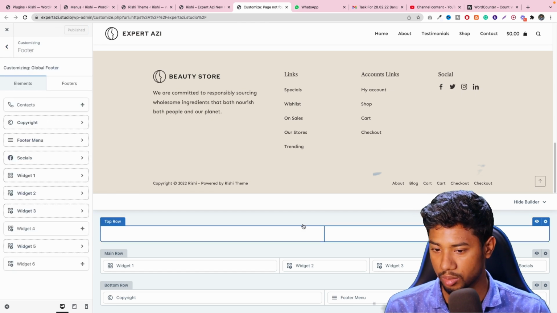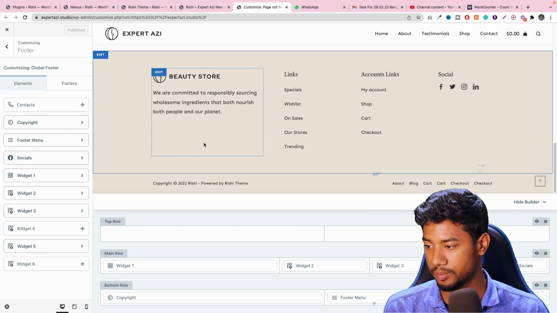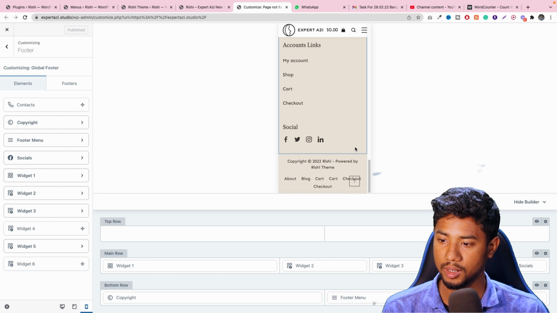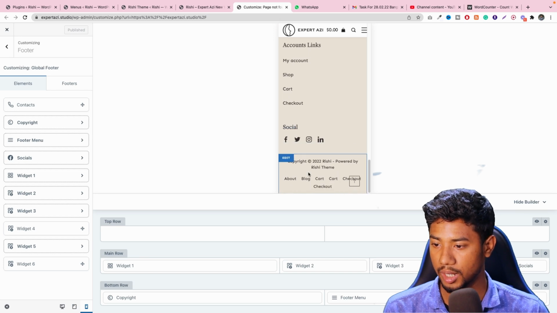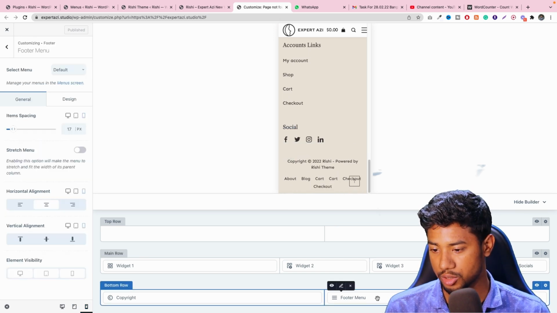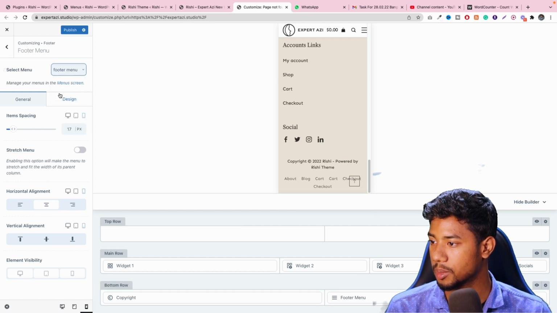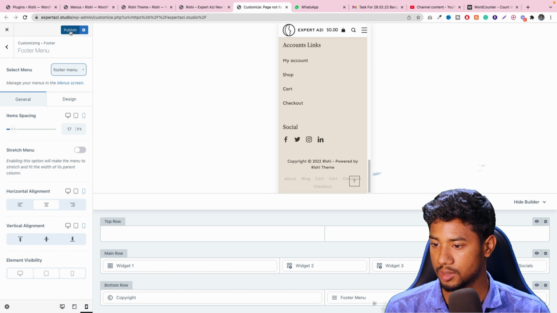You can just drag and drop here something that you want to show, that's it. And if you see here at the bottom, it has the responsive option. If you click on the mobile, then in mobile it will look like this. But in the footer menu, we have to change something. Just click on here, then select menu into footer menu, then this thing will be changed, because now it's showing